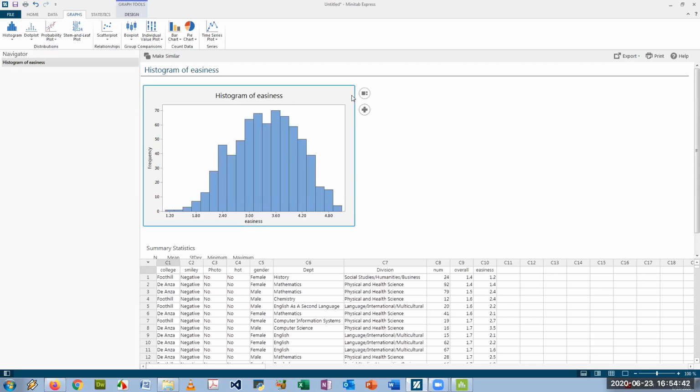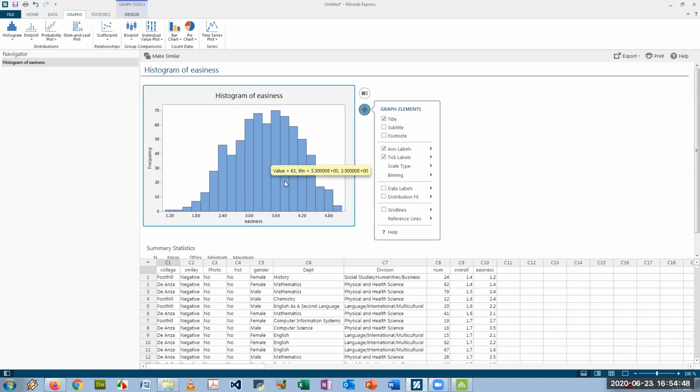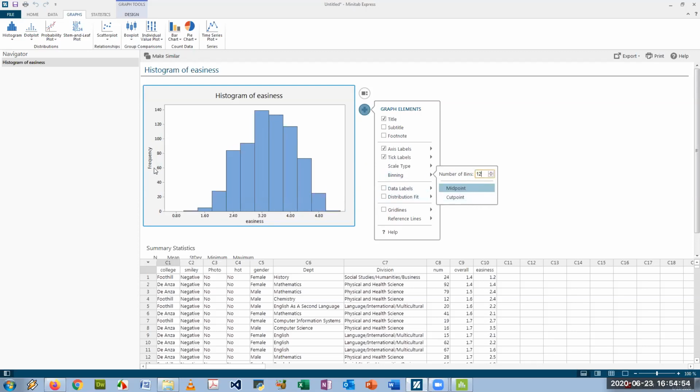Again, a few too many bins. Now when I click it, instead of that down arrow, I get a plus sign. So I'm going to change my graph elements. First of all, let's change the binning to 12 like I did in the other graph. And now I want to change the